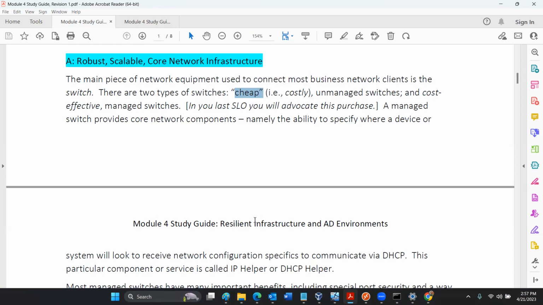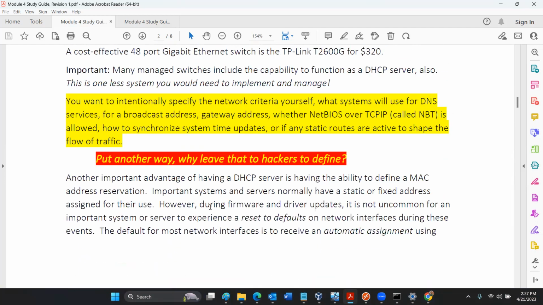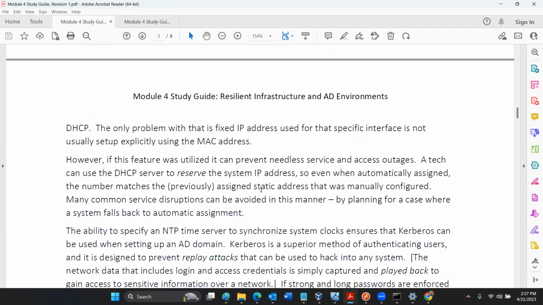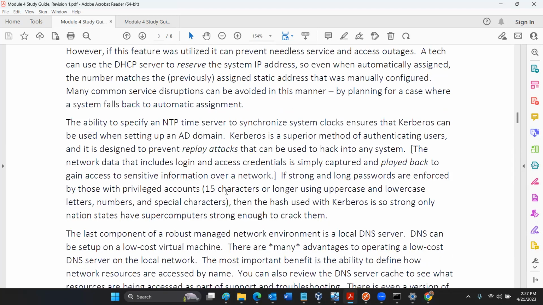So essentially, if you don't have a managed switch and you don't set it up right, then the cheapest unmanaged switches are a hacker's delight. They can basically run their way around all over your network, and you don't have definition for your network. And that's the physical layer that allows the enterprise environment and an Active Directory domain to work properly.